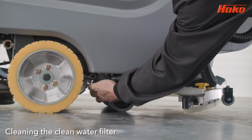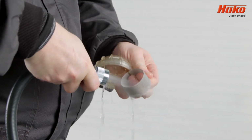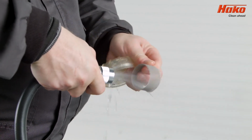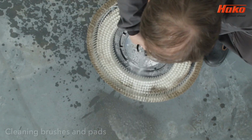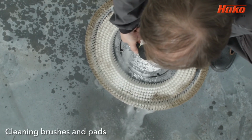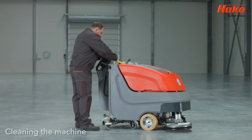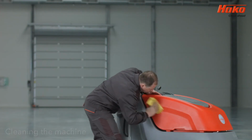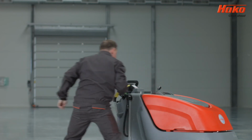Loosen the clean water filter, take it out from the securing cap, and then rinse with clean water. Put the filter back in its correct place. When cleaning a brush or pad with water, follow the instructions contained in the daily maintenance section. Wash the machine and all of its parts regularly and thoroughly. Keeping the machine cleaned and well maintained will ensure a long life and the best possible levels of cleaning for